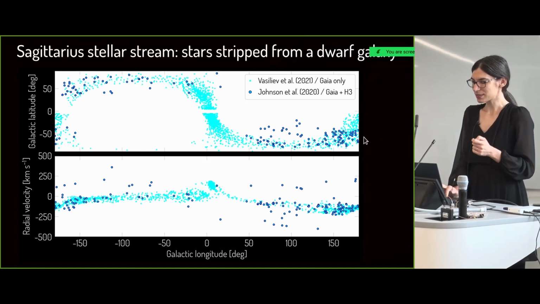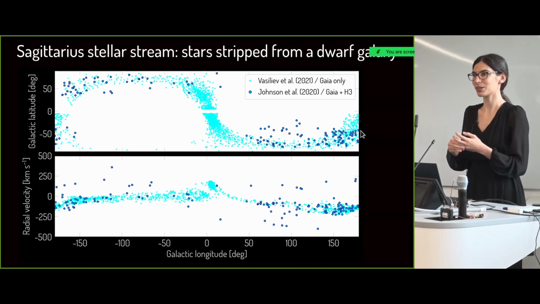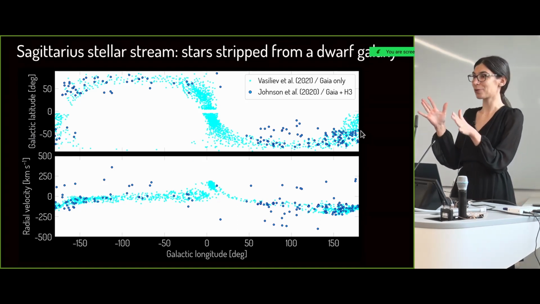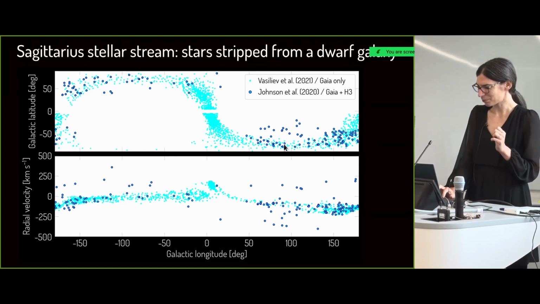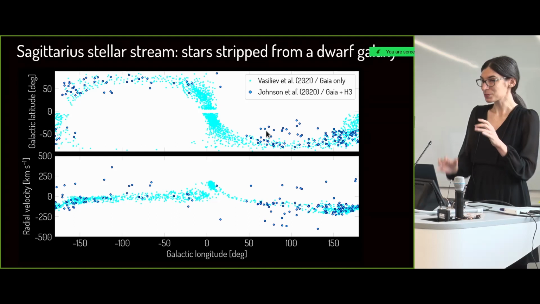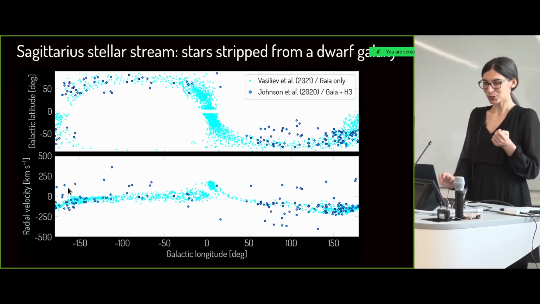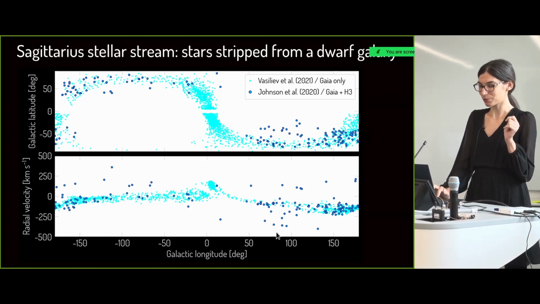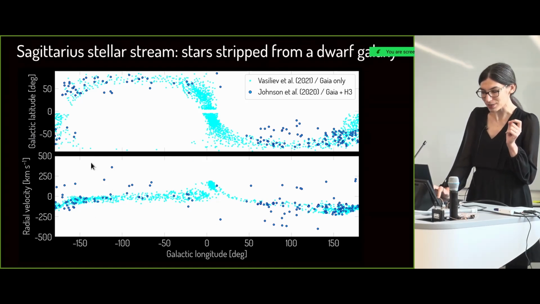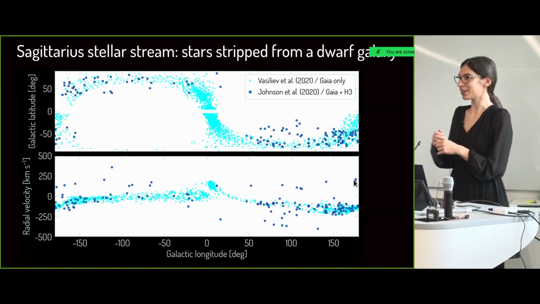And then the darker points are members selected by Ben Johnson using H3 data, where the selection was made purely on the angular momenta of these stars. And so when you look at it, it looks like there are some stars that are offset from the main track identified with Gaia data alone. And this becomes particularly obvious in the bottom panel, where I'm showing radial velocity as a function of galactic longitude, where there are a number of stars here at more positive radial velocities that appear to be maybe even contamination in our model.